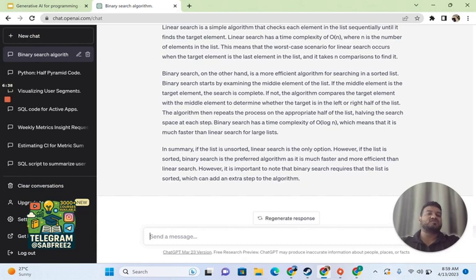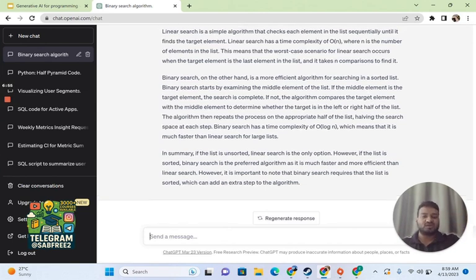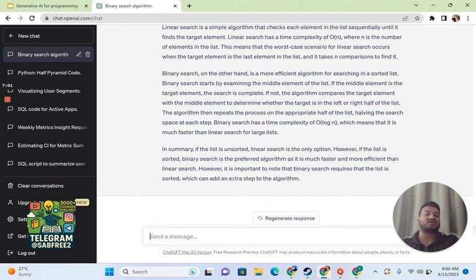Whereas binary search is a more efficient algorithm. How it works is it takes the middle path and then tries to find whether the value is in the first part or the second part. So you don't have to go through each element line by line. You are trying to find the middle path. Here it is telling you that if your data is unsorted, linear search is the best algorithm. But if it is sorted, then you can prefer a binary search.